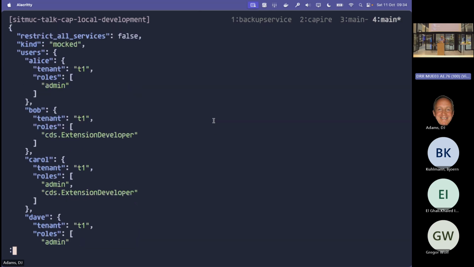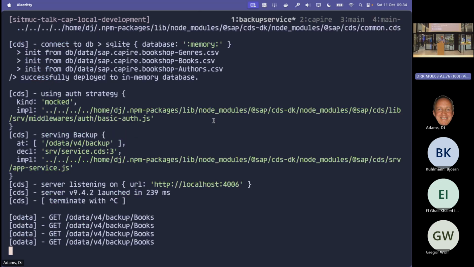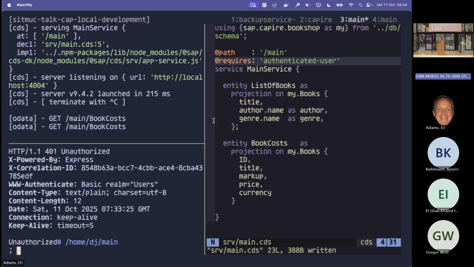So, for example, here, Alice is a defined user. None of them have passwords. No point in having passwords. But Alice has the role admin, for example. So, with that in mind, why don't we be a little bit more precise and say, for accessing book costs, which have got the important company information like markup and price for books,